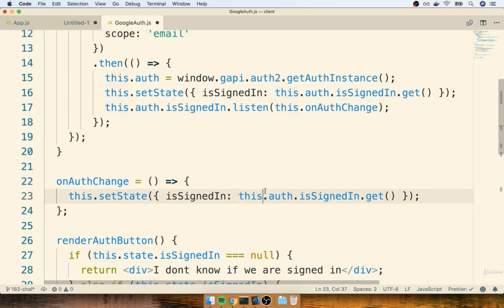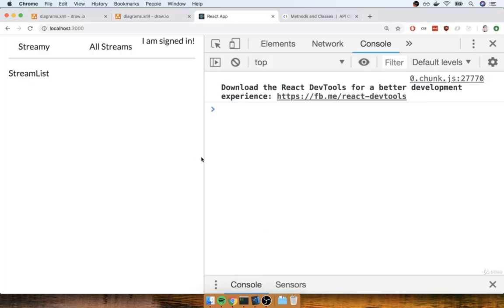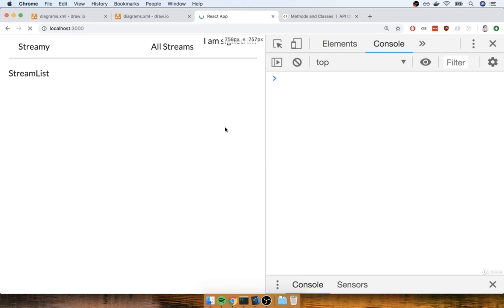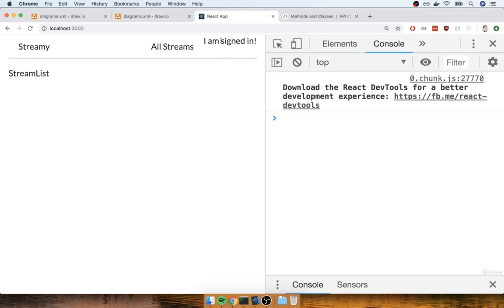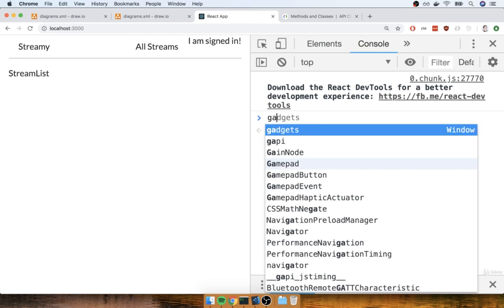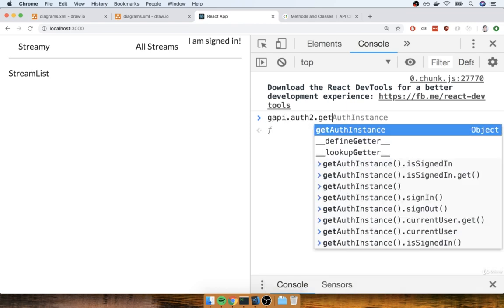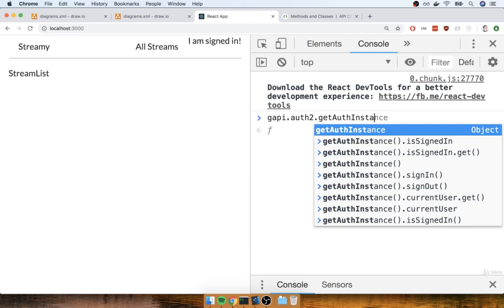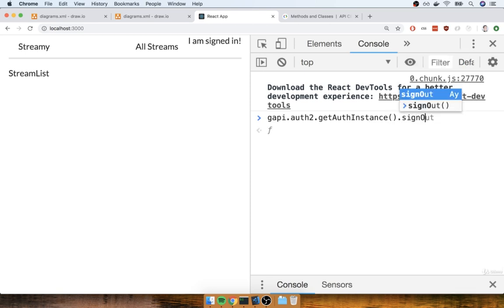Okay, so that's definitely not bad. Now in theory, if we flip back over to our application, we can do a quick refresh. We're still going to see the text up here for either we are signed in or we are not. But now, anytime that we sign out or sign in, we should see some updated text right there, even if we do not refresh the page. So I'm going to try manually signing out of my library right now. I'll say gapi.auth2.getAuthInstance().signOut(), like so.